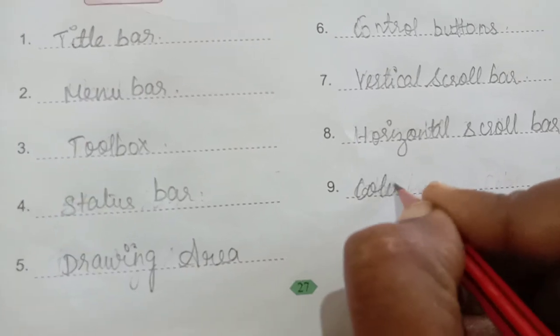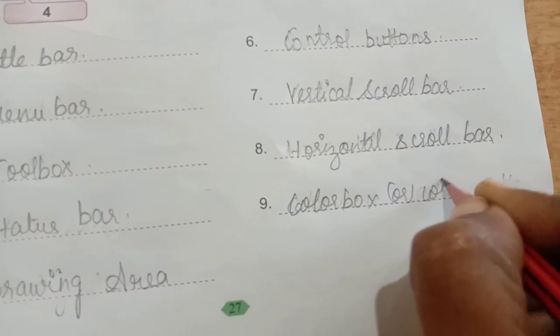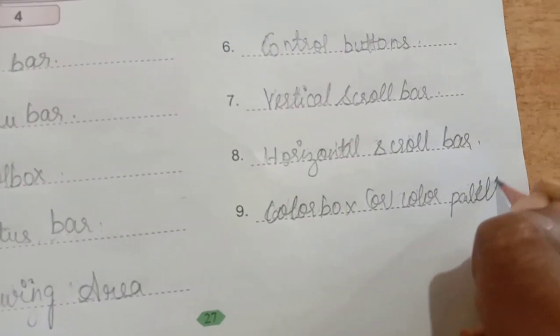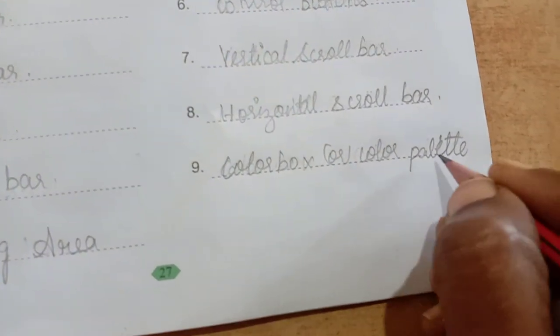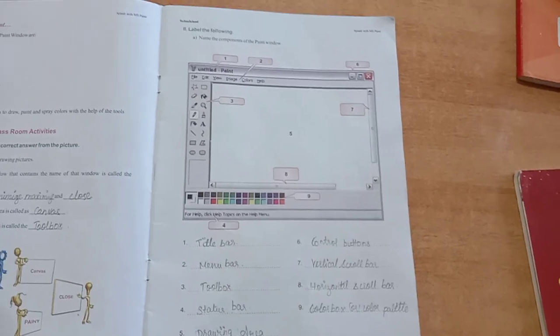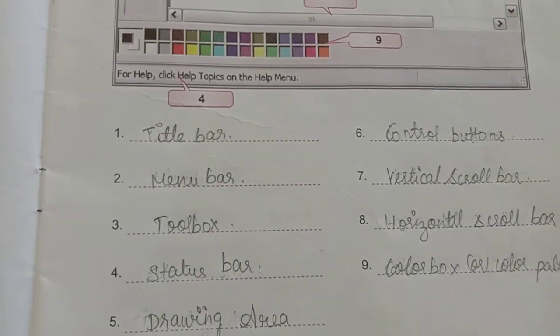Next one, ninth, it is a color box or a color palette which holds n number of colors. Palette, P-A-L-E-T-T-E, palette.